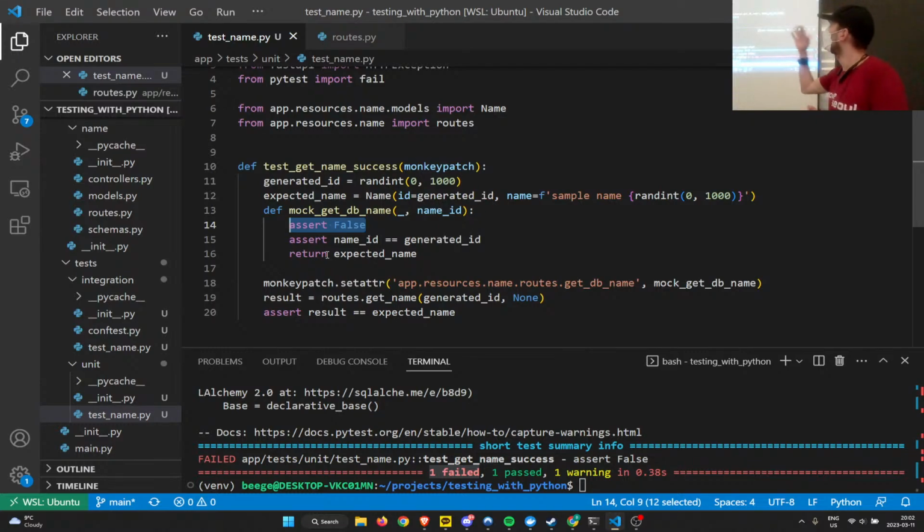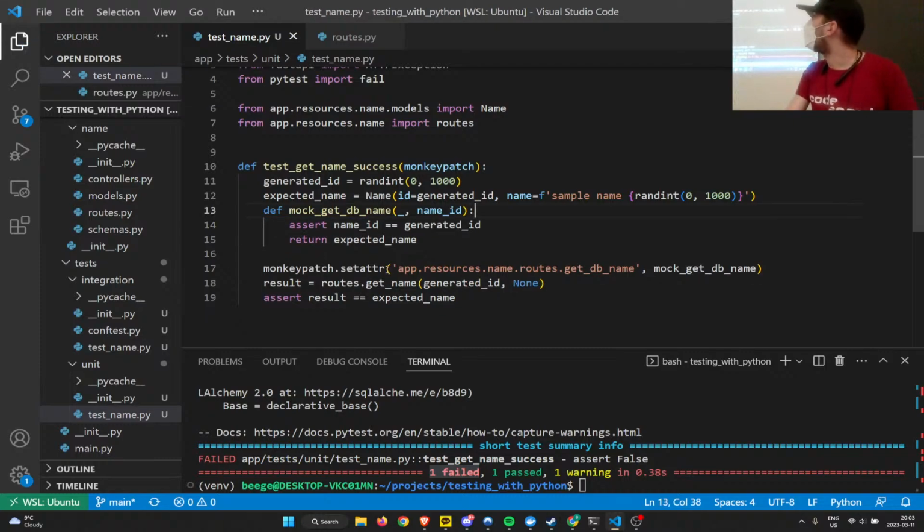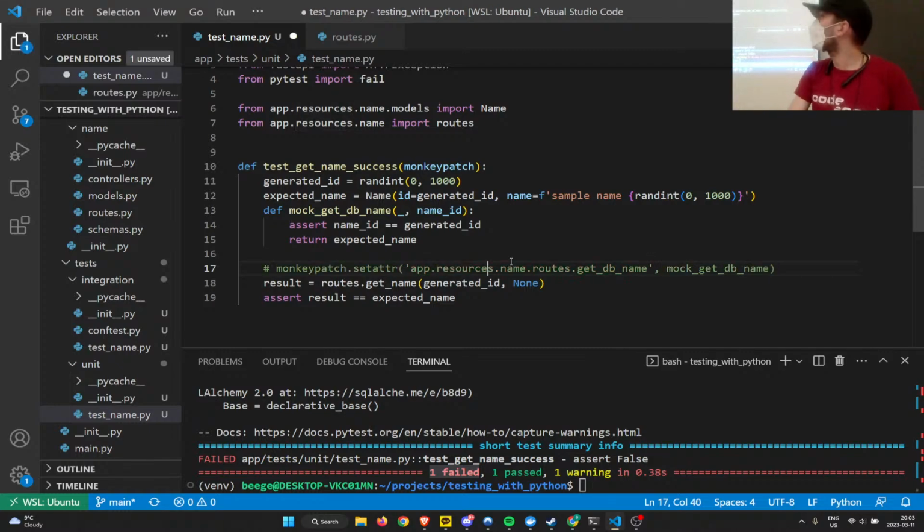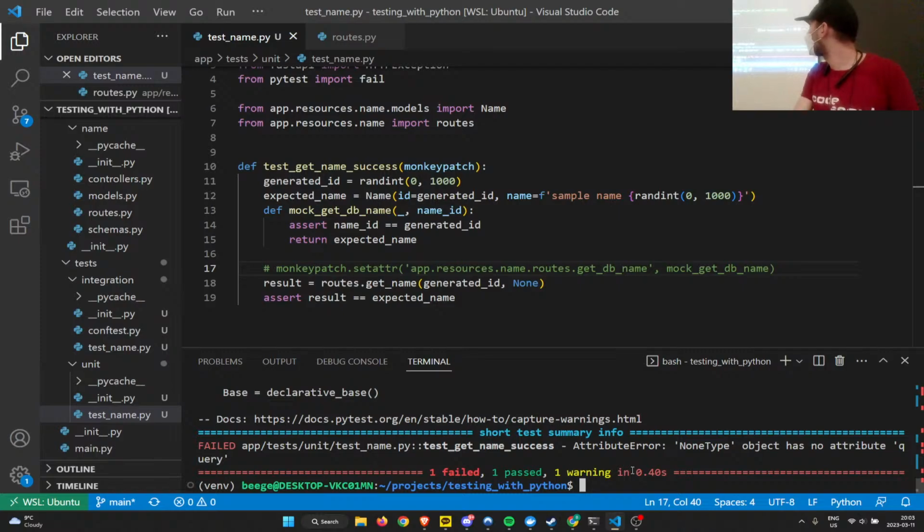The test will also fail if I don't mock, right? Because then we're not going to have this generated name. So if I, for example, get rid of this mock and I run the test, it fails because there's nothing in the database, so it returned none, which is actually a bug. It shouldn't return none.